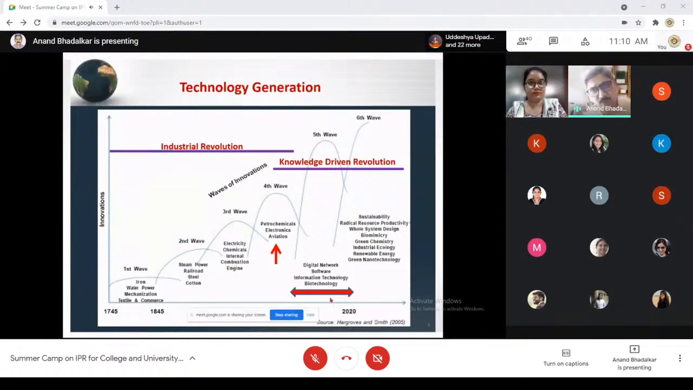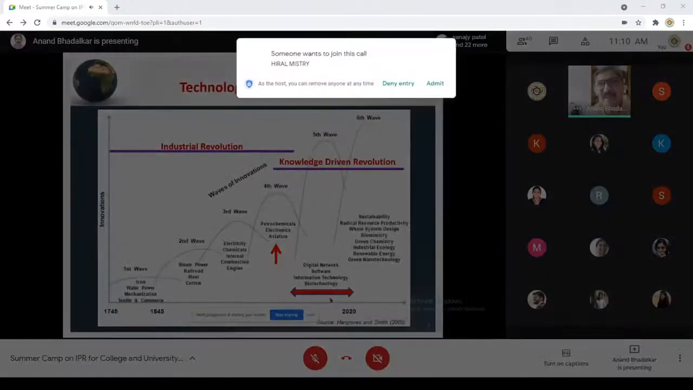Then came petrochemicals, electronics. Somewhere around the year 1990 to 2020 is called the fifth wave of innovation, where we saw digital networks, software, information technology, biotechnology booming. And of course, the newer ones will be clean technology, biomimicry, lots of other things. But can you see this red arrow? Here, somewhere, one important thing happened, and that is